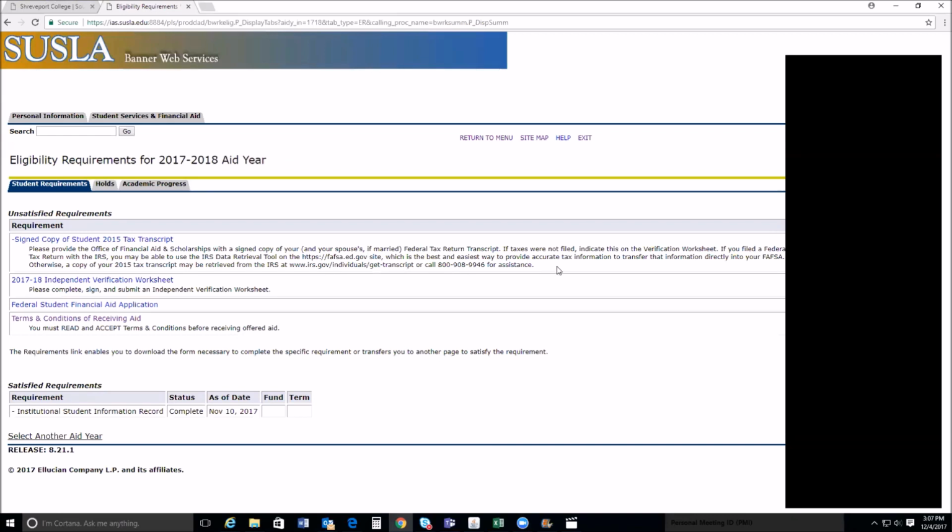Anybody that has been selected by the Department of Ed for verification, we must verify all the information on the FAFSA. It tells you where you can get it from. You can get it from the IRS, call the number, or you can go by the local tax office to receive that. In this case, it also is asking them to submit a verification worksheet, which is in our office as well,